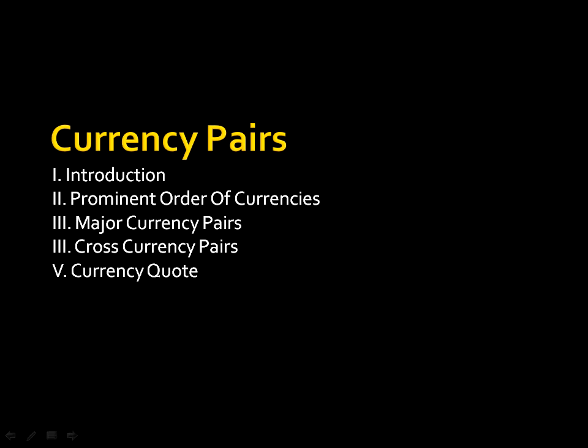We're going to introduce you, first of all, to what is a currency pair. We're going to look at the prominent order of currencies. We're going to look at what makes a major currency pair and what are the major currency pairs. We're going to take a look at some cross currency pairs and take a look at what is a currency